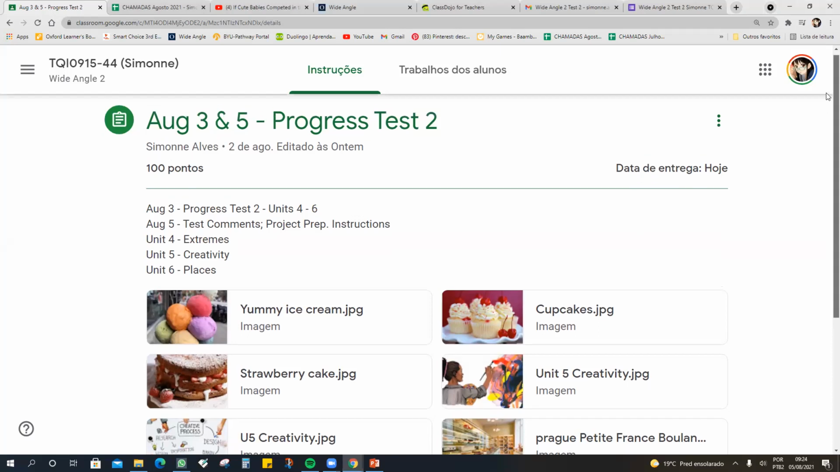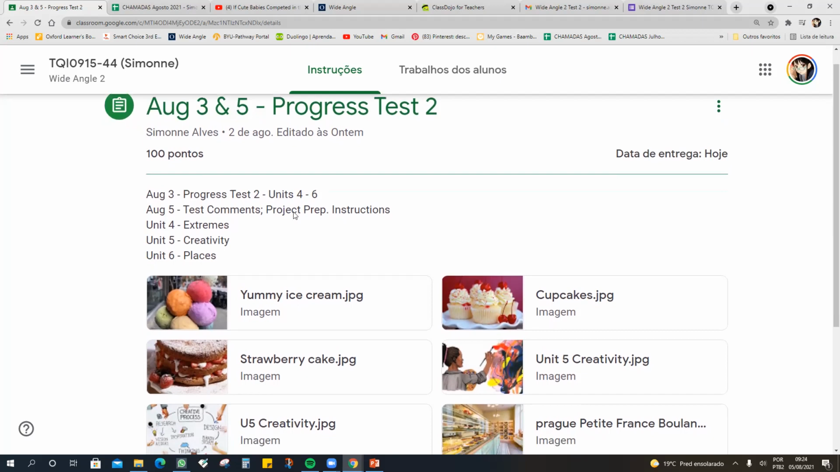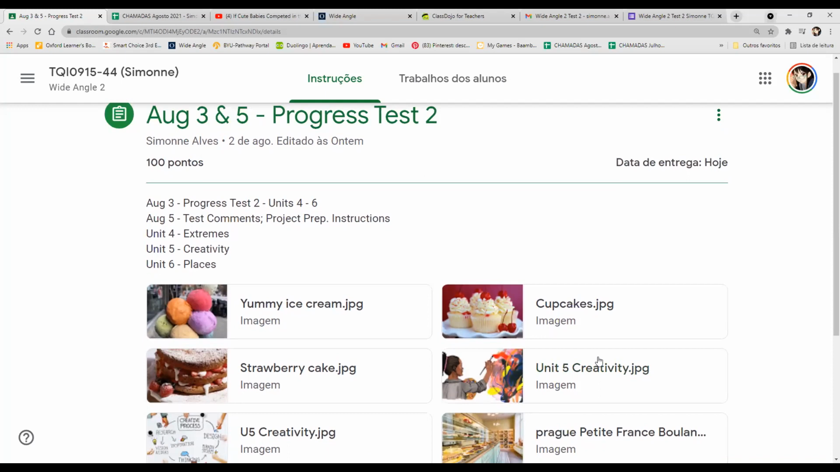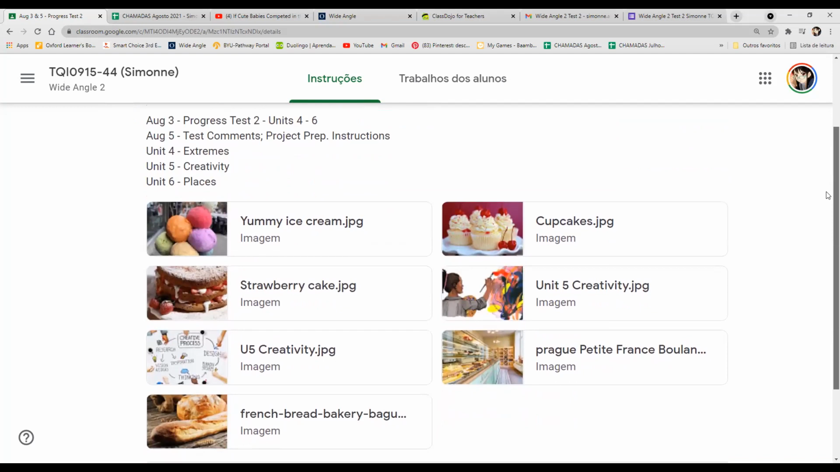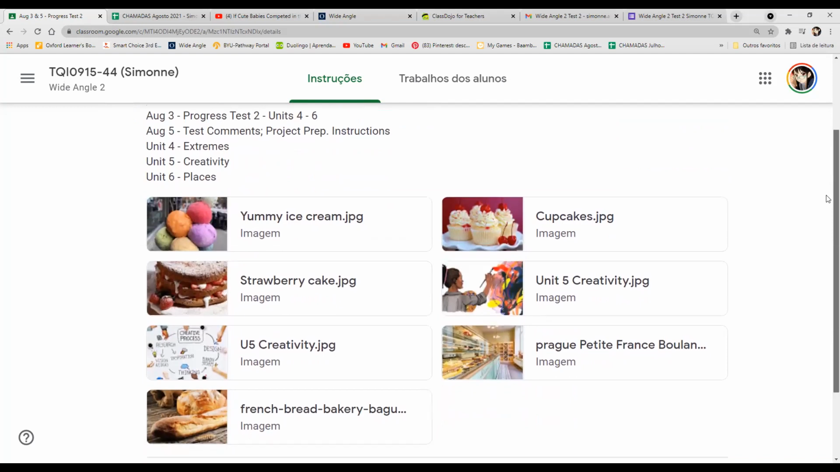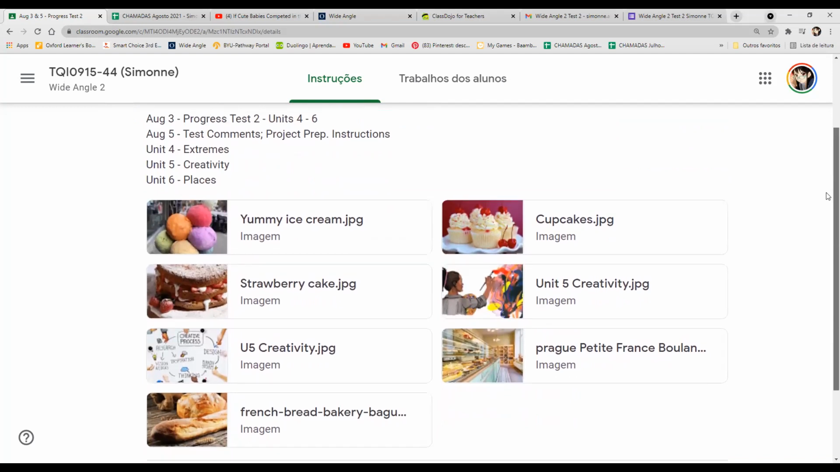Okay, guys, so welcome to one more class. Today we're going to talk about our project, okay? And also we will make some comments about the test. And as you can see here, can you visualize our page here? Yes. Good, very nice. Our page in Google Classroom gives us some images about the topics of the units that